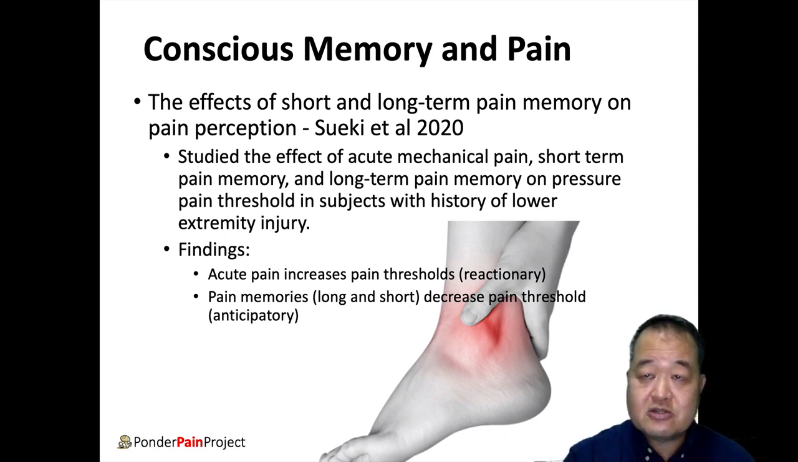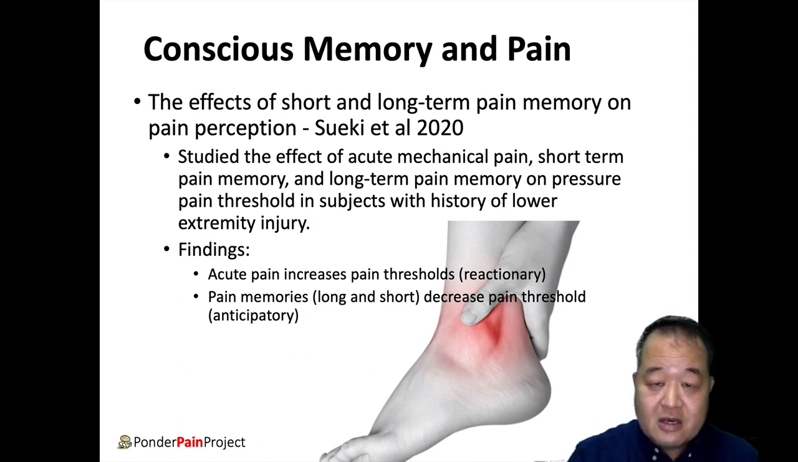And we compared that to people who had no history of injury to their leg. So we had 2 groups, 30 each in both of those groups. And what did we do? What we did is over the site of injury, or a comparable site in people who had no prior history